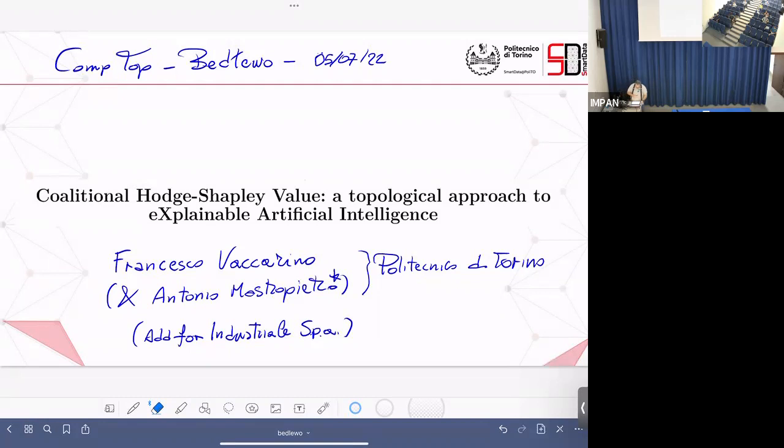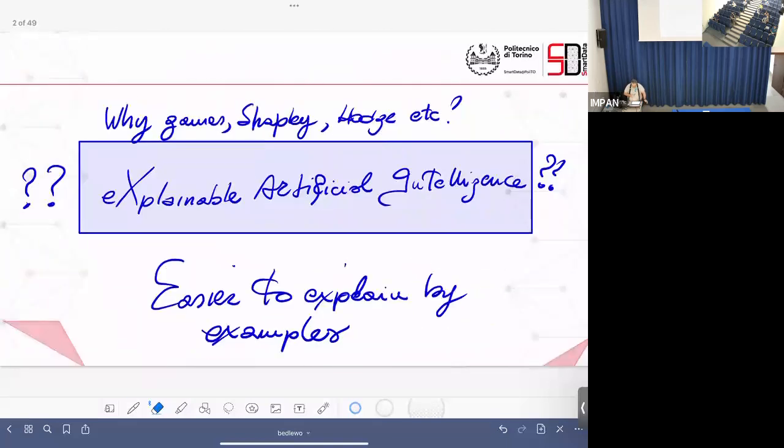And so the main theme here, as the long title says, is to try to understand how we can extend the Shapley value, whatever it means, to a coalitional case. And I will explain all the details in order to obtain some new tool toward solving problems in so-called explainable artificial intelligence. So I have two versions of the talk. This is some questions. So why Shapley? The question we try to answer today.